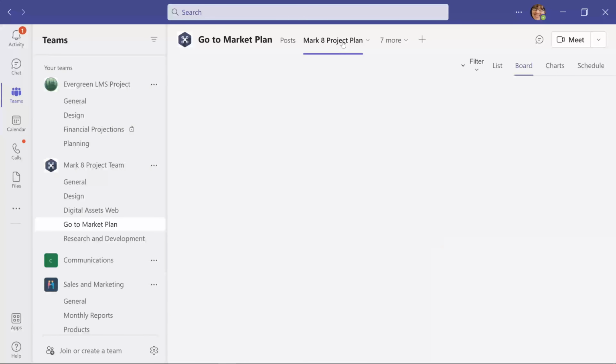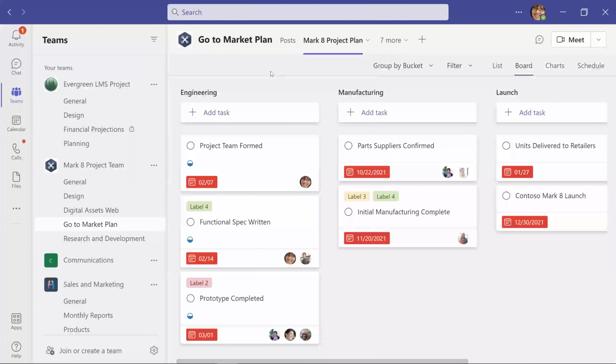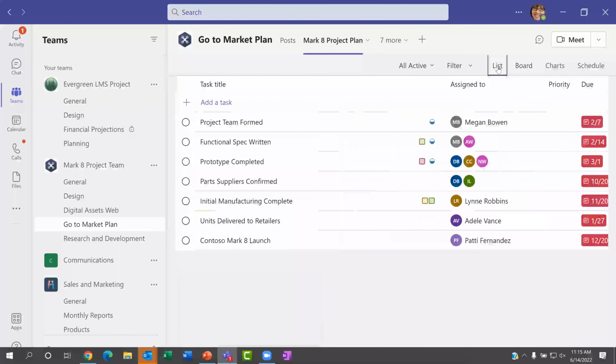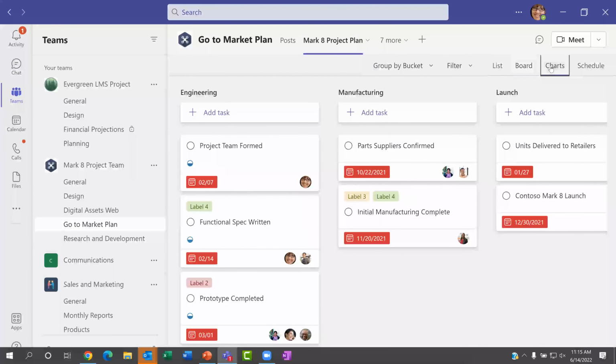By exploring this particular one, this already has some entries in it. And this is really helpful. It's just part of Microsoft 365, but by having this plan in Teams, it might make a lot of sense to have it be basically a portal to the different tasks that we have created. Notice how these are set up, in this case, as boards. And there are different ways to look at this. I could look at it as a list, board, a chart,